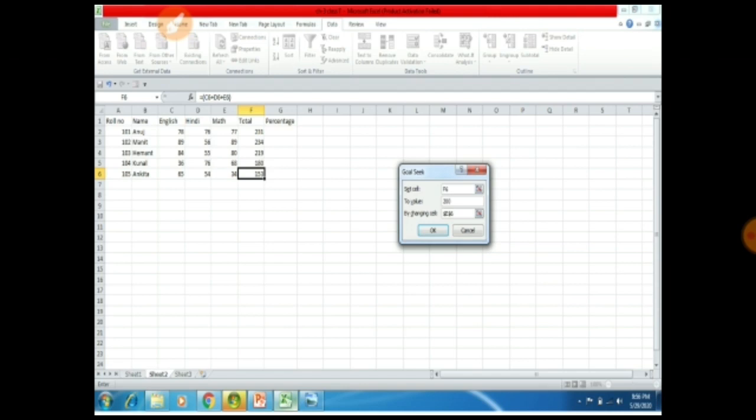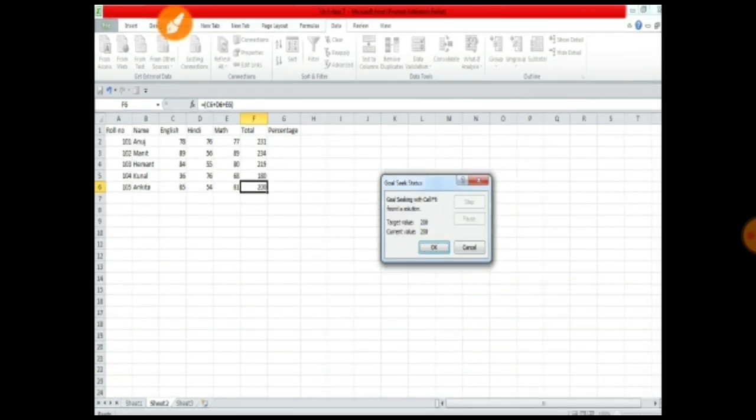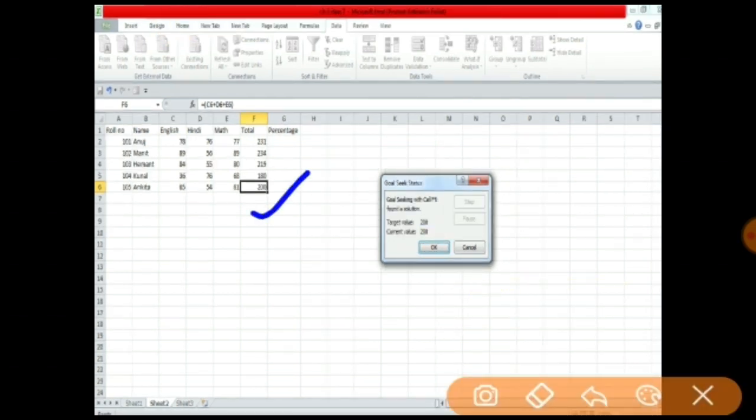When you press OK, you can see now we are having the marks of Ankita as 200, that we actually wanted, and it will show you the result as 81. Means if Ankita gets 81 marks in maths, she will have the total as 200, right? So this is the Goal Seek option.